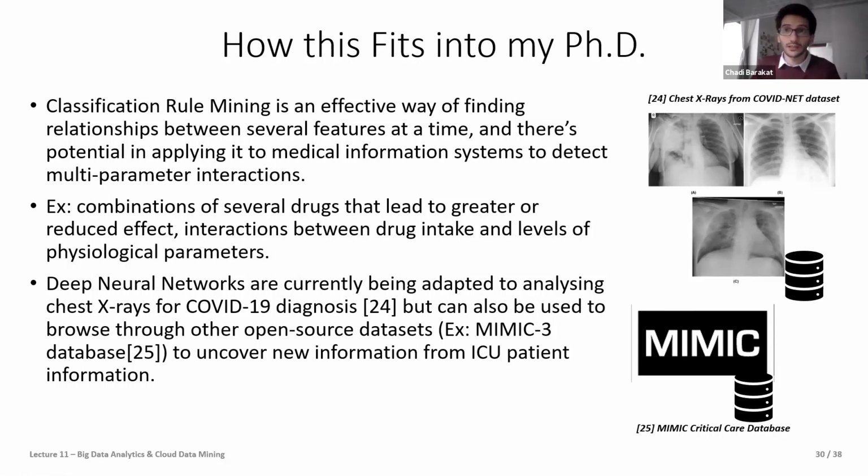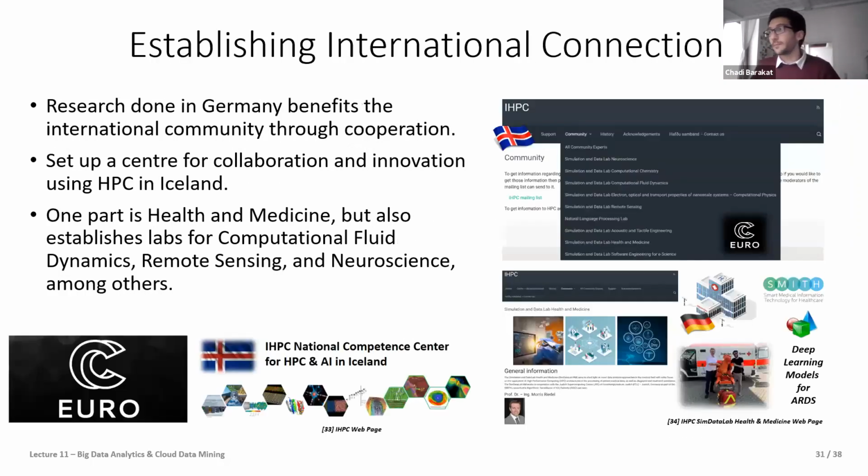And there are also applications of image recognition in the Human Brain Project, which is another project that we're working on. And this work that we're doing, let's say, for applications in Germany, but also for applications in Iceland, is part of the benefit to the HPC community in Iceland,